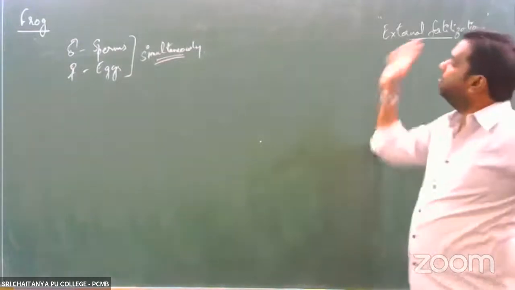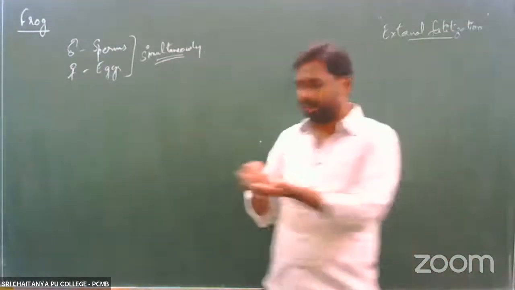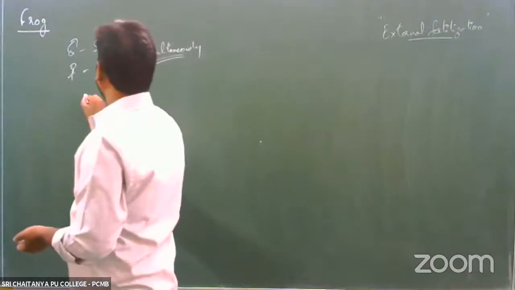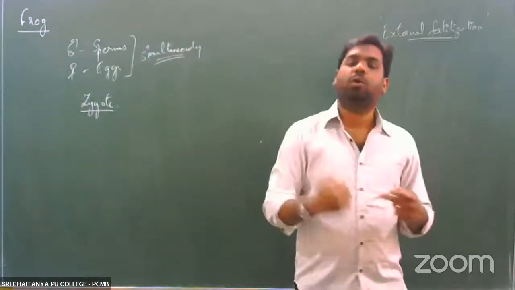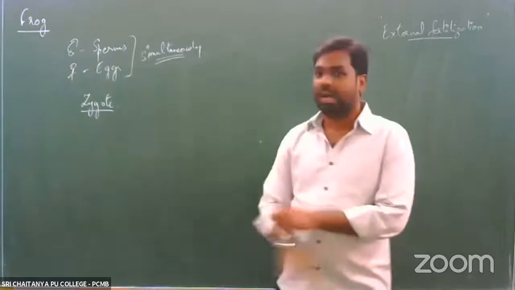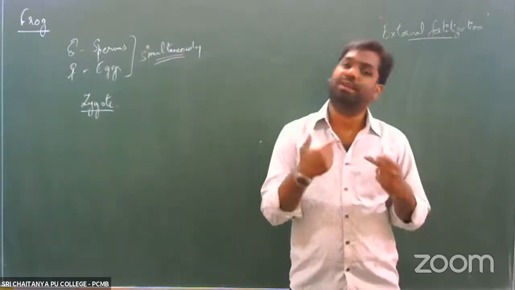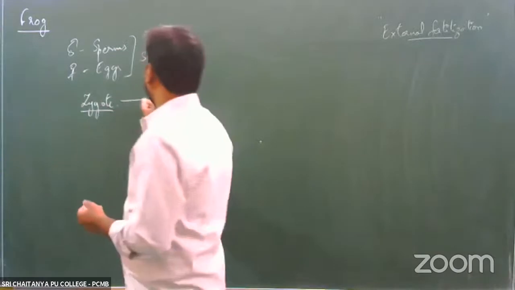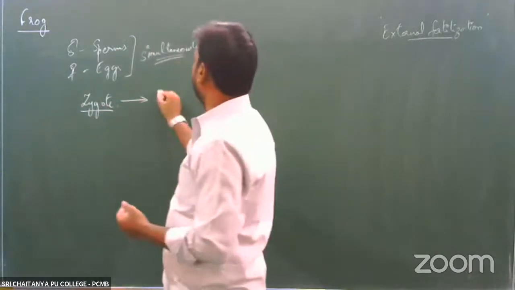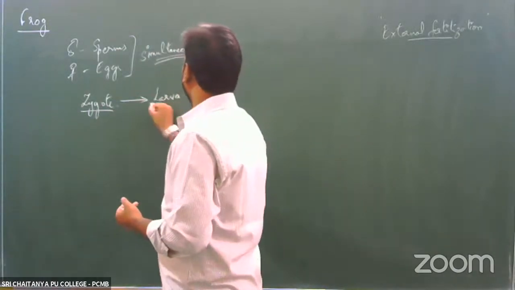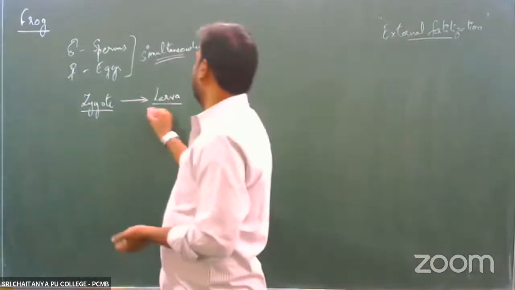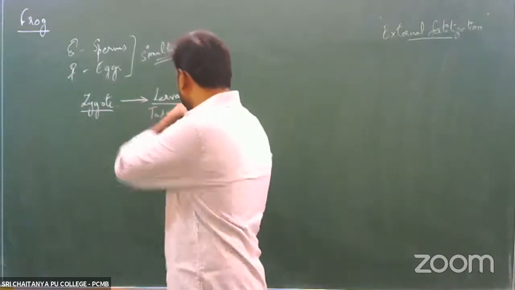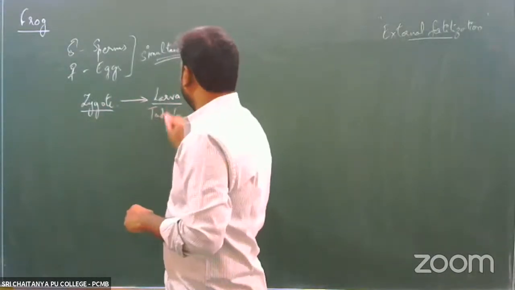Right? Now, after the process of fertilization, what exactly is happening? After fertilization, there is formation of a zygote. This zygote will now start undergoing the process of development. As a result of development, the zygote will lead to the formation of a larval stage. There is formation of larva, and that larva here we call a tadpole larva.